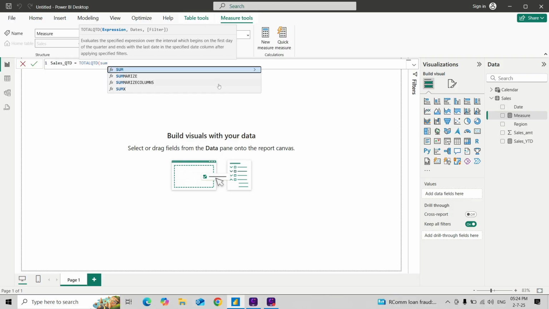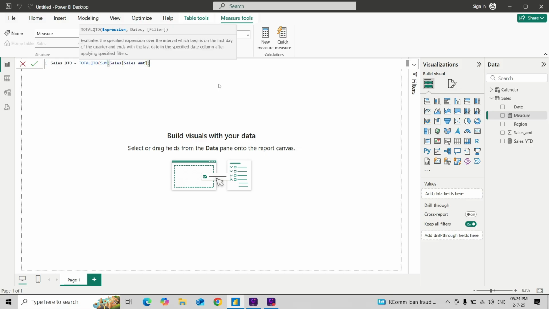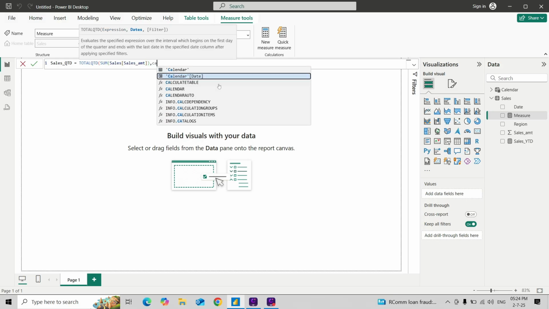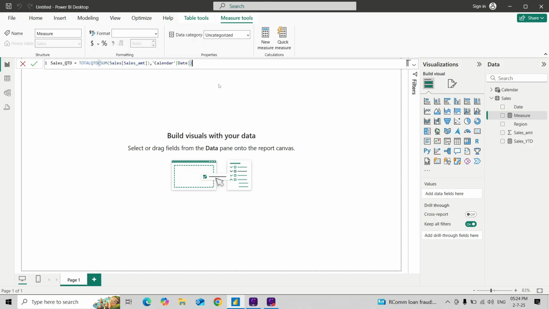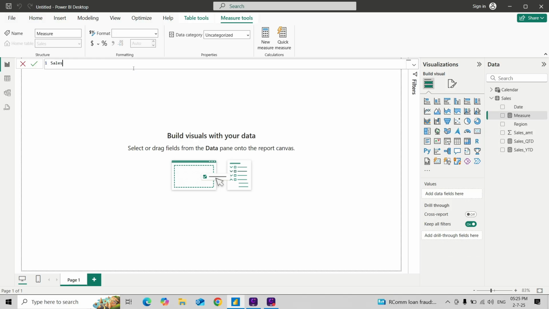I want the sum of sales amount, comma, calendar date. Again enter. Similarly, I will create one more measure, sales underscore MTD, which is month to date, is equal to